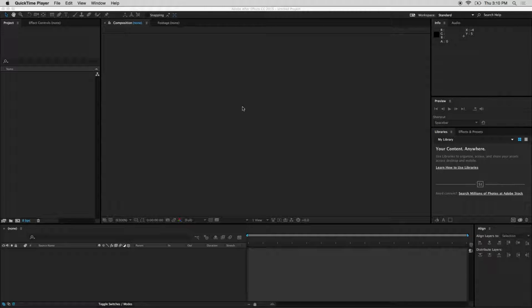So if everyone could open After Effects Creative Cloud, not CS6. If you're in the film and media, or if you're in the Cornerstone Labs, you want to make sure you're using Creative Cloud so it matches what we're using here on my computer. Okay, so